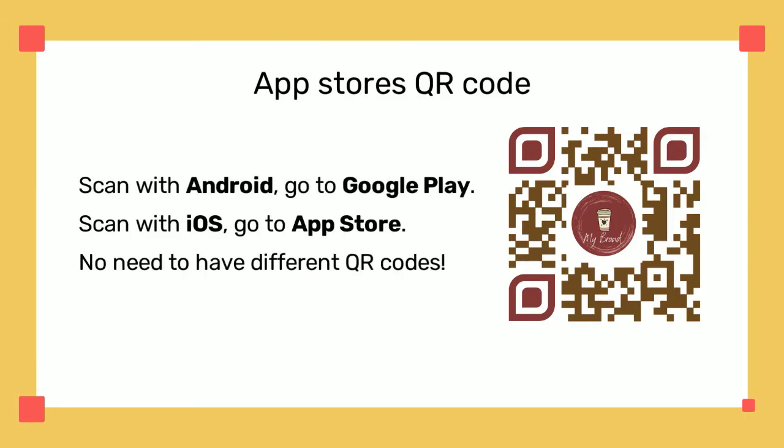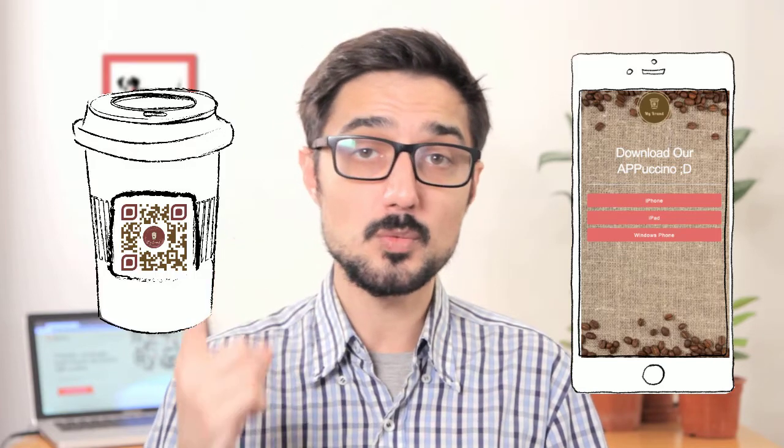If you have an Android device, you would be redirected to Google Play in order to download the app. If you have an iPhone, you would go to the App Store. Most businesses nowadays have a dedicated app to offer services, support, or information, and that is why having an App Store's QR code is crucial to provide instant access to the app with one simple scan.